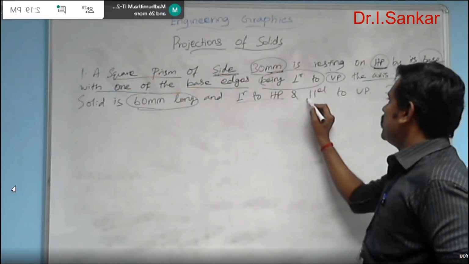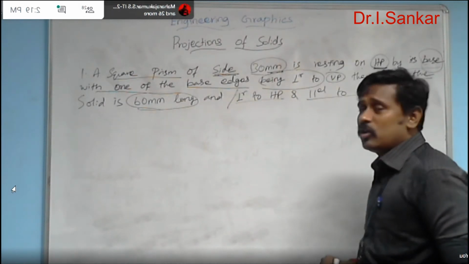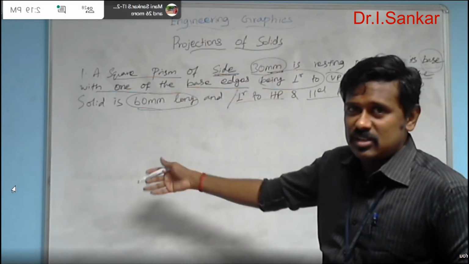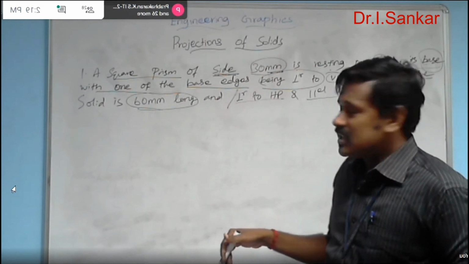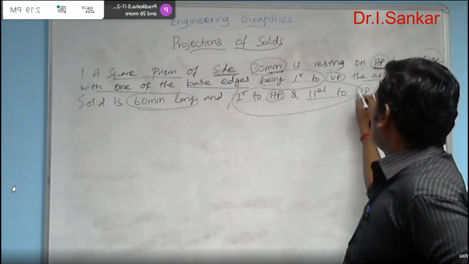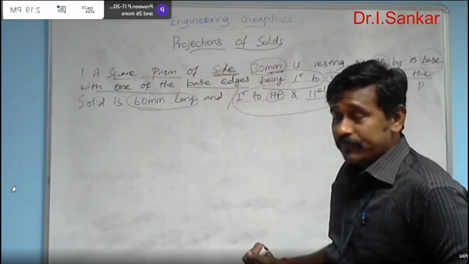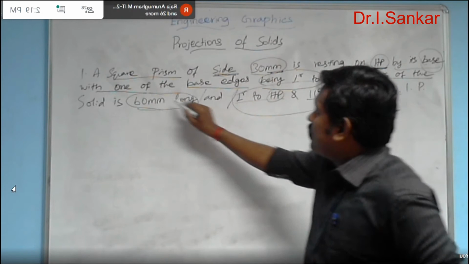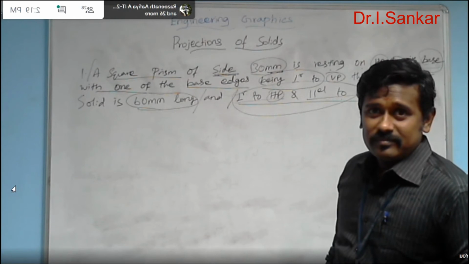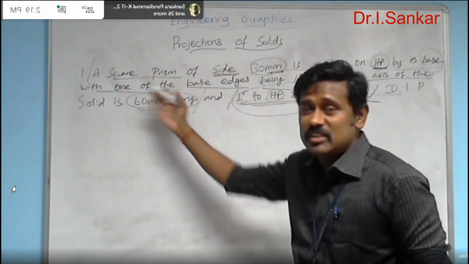And perpendicular to HP, parallel to VP. This term just denotes under which category the question is asked. Of the four different cases we just discussed, this comes under the case where the solid axis is perpendicular to one plane and parallel to another plane, specifically perpendicular to HP and parallel to VP. But one more thing I want to add here: by considering all the previous words in the question, you need not have this condition, because this resting condition is indirectly given in the question itself in the previous words.